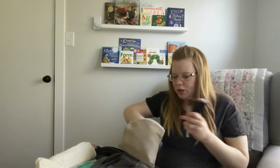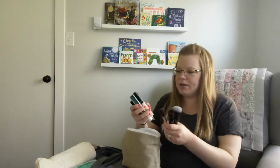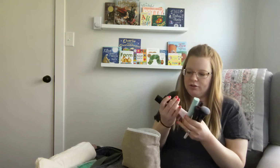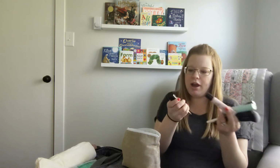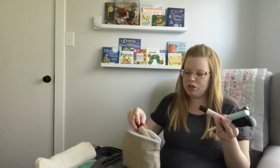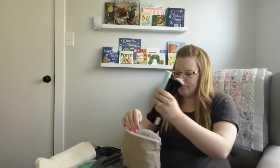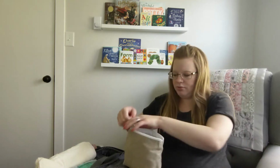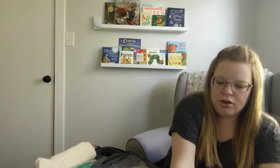So, we got some brushes, and then I have mascara, concealer, primer, and my tinted moisturizer, which I may just end up using, but we will see. Put that back. Okay, and then I also have a huge lint roller